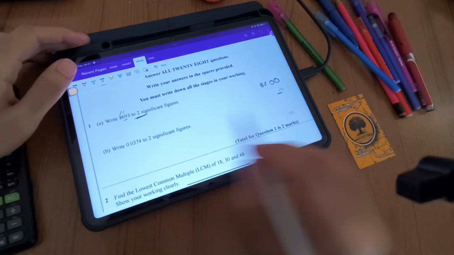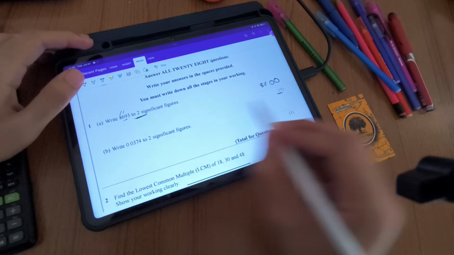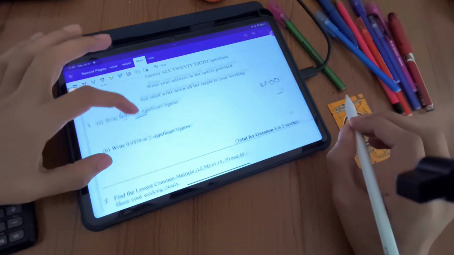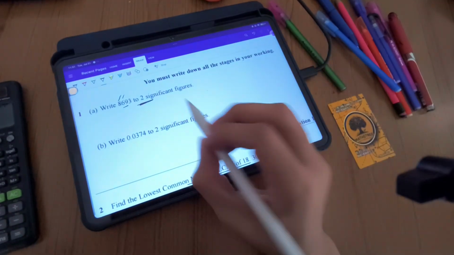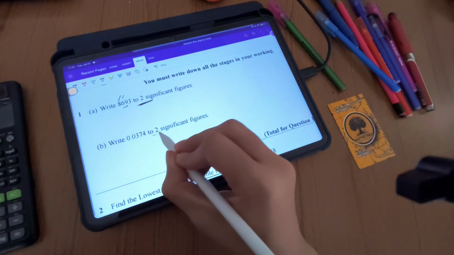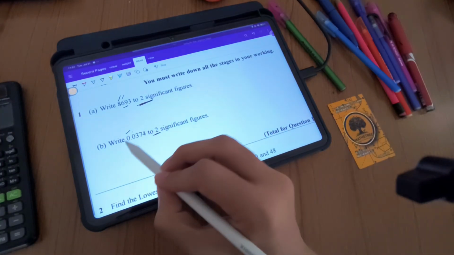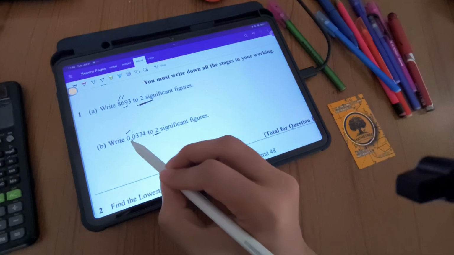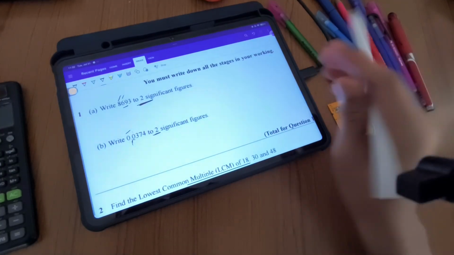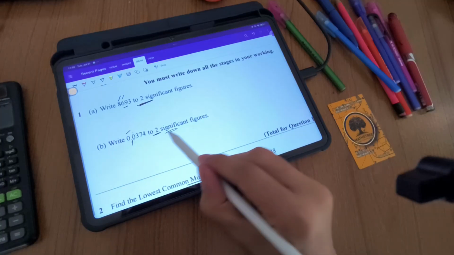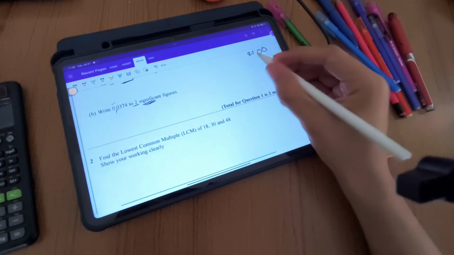And in part B, it is asking us to write down 0.0374 to two significant figures. Understand this concept: as it says to write in two significant figures, we cannot take 0 into consideration. Even if there is a decimal, or even if there is no decimal, understand that 0 cannot be taken into consideration when it comes to significant figures. So our answer is going to be something like